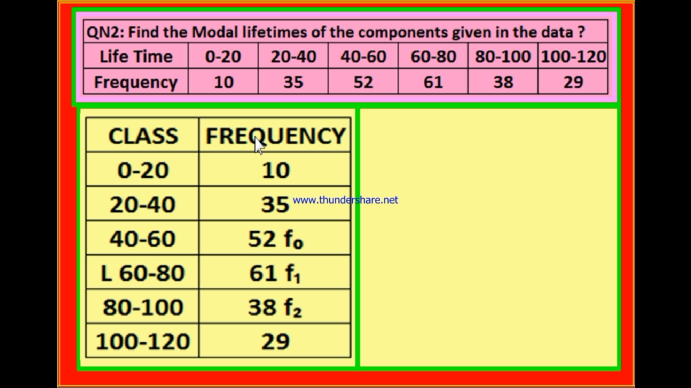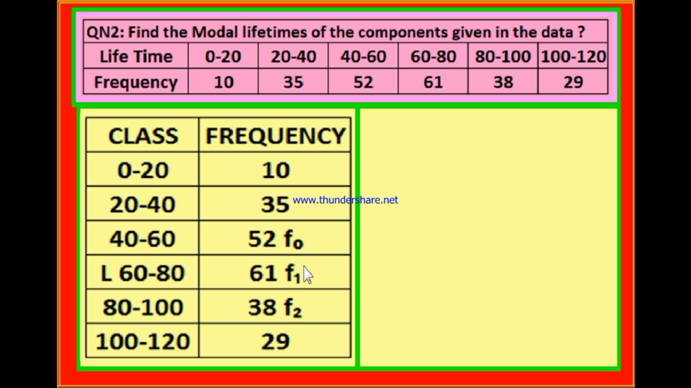Okay. Now after writing the columns, you verify the highest frequency. Among all the given frequencies, what is the highest frequency? 61 is the highest frequency. This highest frequency is called F1. The frequency above the highest frequency is F0, and the frequency below the highest frequency is F2. Is it clear? The highest frequency among all the given frequencies is F1. The frequency above F1 is F0. The frequency below F1 is